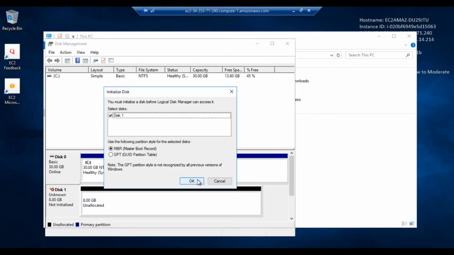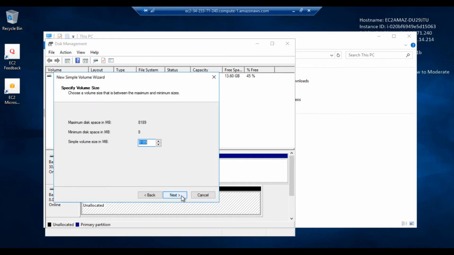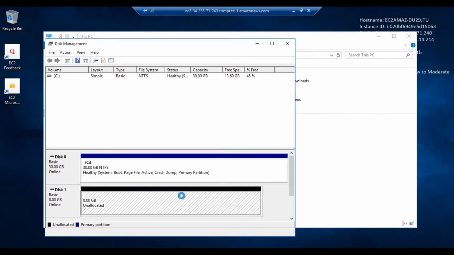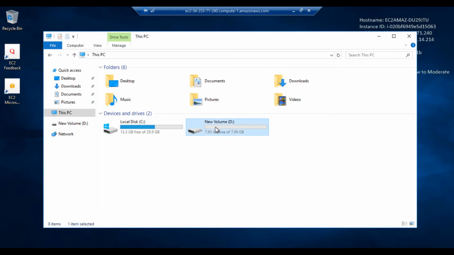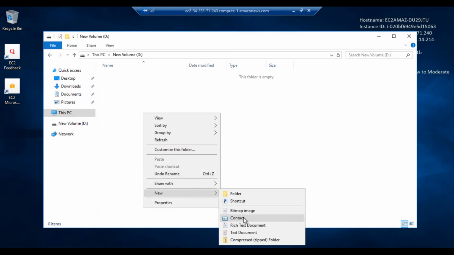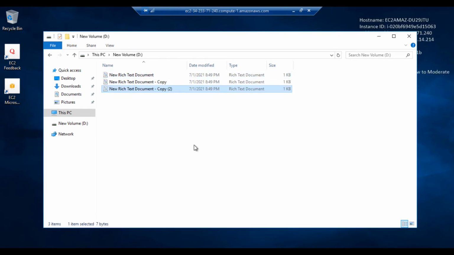Initialize disk. Okay. Fine. New volume. Yes. Yes. Yes. Yes. Next. Finish. Now your volume is here. Let's see if we can find it here. Yes. So here also we will create some data. I have created 3 files here.